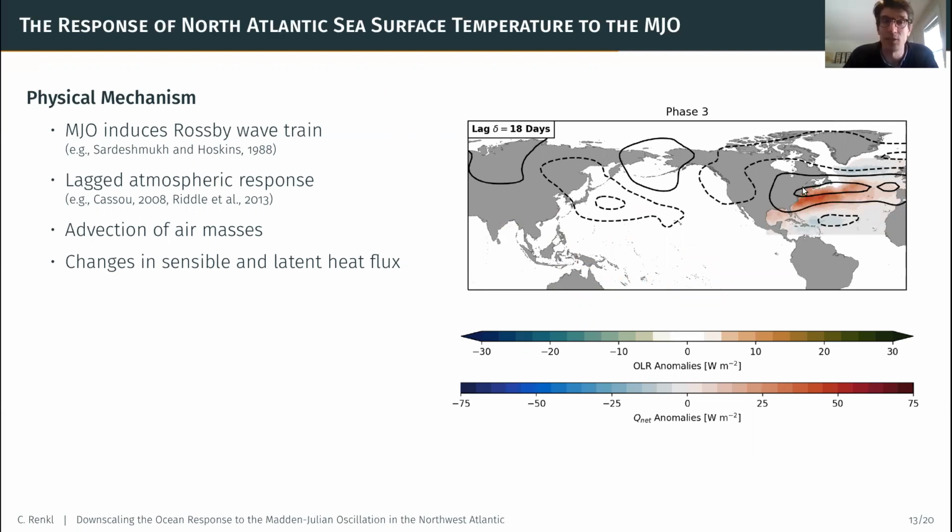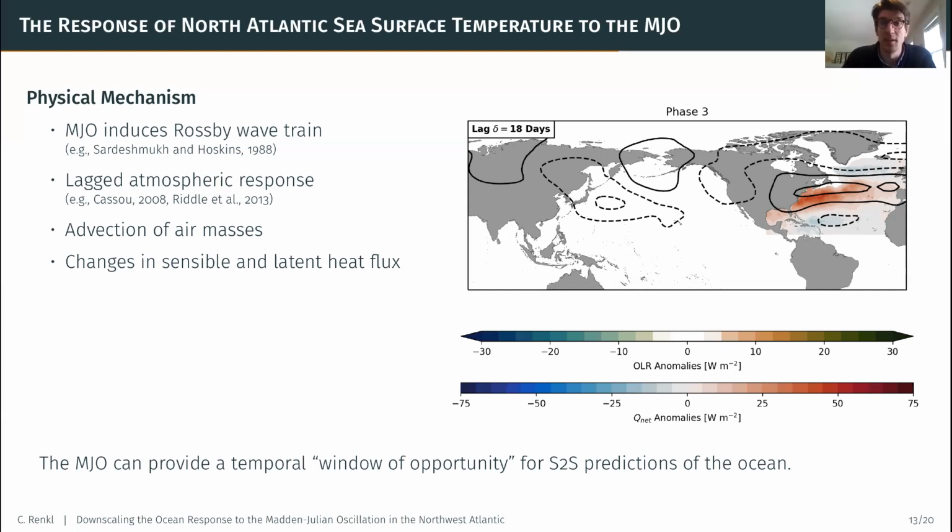These can be related to the lagged atmospheric response to the MJO, which leads to an advection of air masses that change the sensible and latent heat flux in the area, which then in turn change the SST. So this shows us that the MJO can provide a temporal window of opportunity for S2S predictions of the ocean, which we can now utilize to see if we can make predictions of the ocean